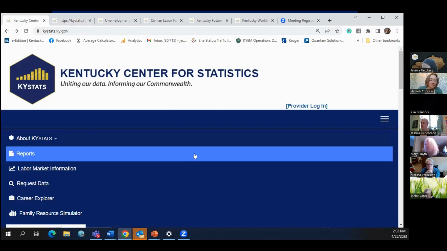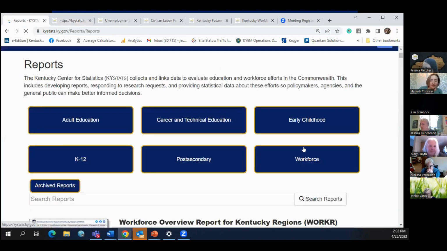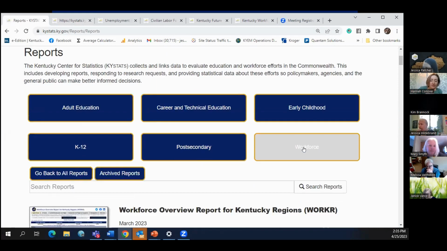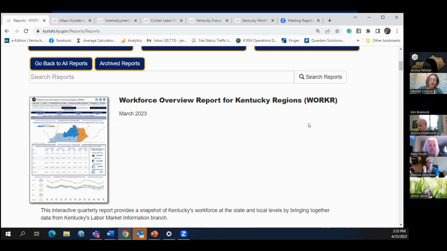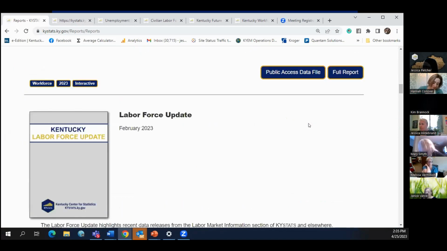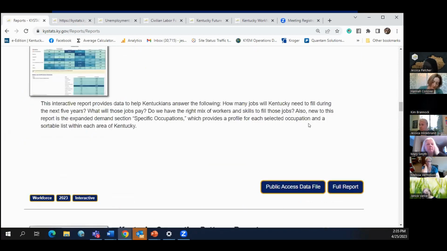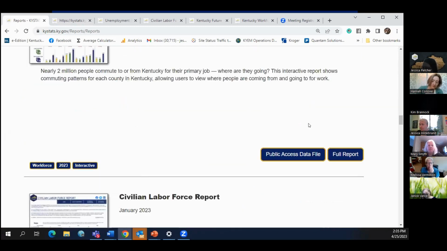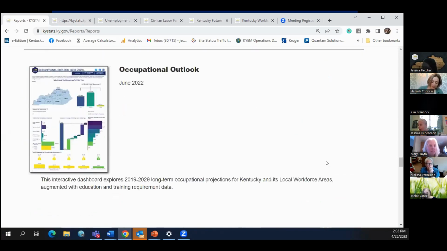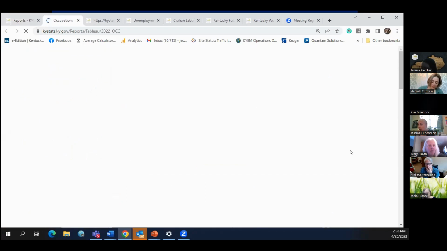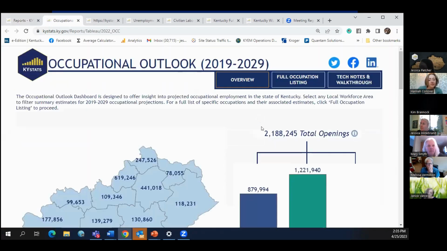And I couldn't find it here either. So it was really kind of a bear trying to find enough data to support what we were asking for. Sure. Most of the cosmetologists in the state of Kentucky are self-employed. Right. So data is not collected on wages from payroll tax reports because there are very few who work on a payroll. So Occupational Outlook, I think, might have some information, but you also have to think about